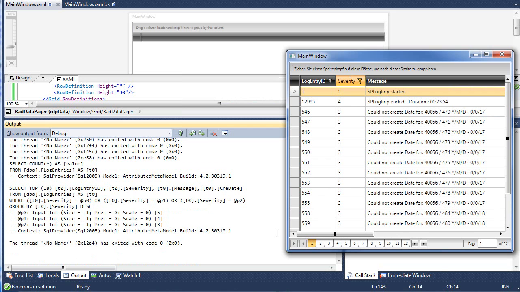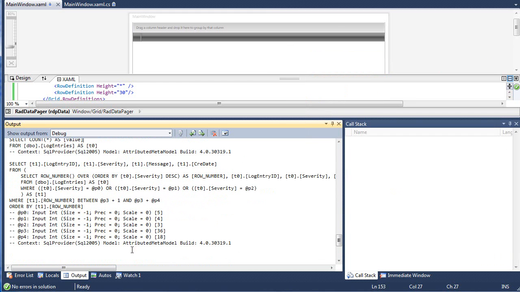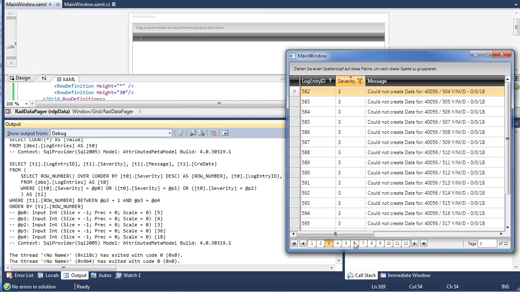Now go to page 2 or 3, and now we see we have a subselect where row number is used to determine which records should be retrieved from the server. Again, we will select only 18 records. This comes from this parameter P4,